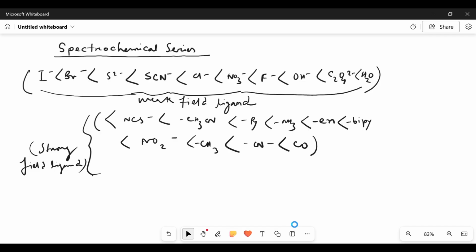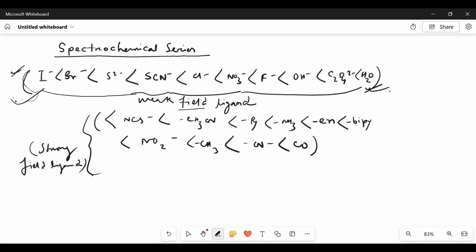Okay, so this is the spectrochemical series where we can see that iodide is less than bromide, less than sulfide, that is thiocyanate, and chloride, NO3 minus, F minus, OH minus, C2O4 2 minus, oxalate, and water. So from iodide to water, all the ligands are weak field ligands. Okay, all the ligands are weak field ligands, and after that, from isothiocyanate,